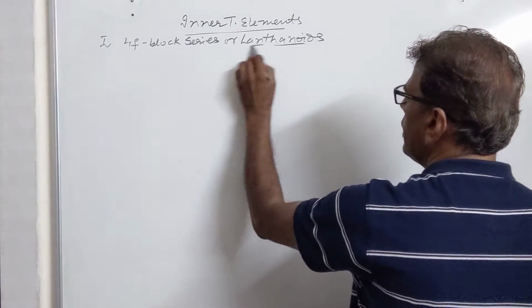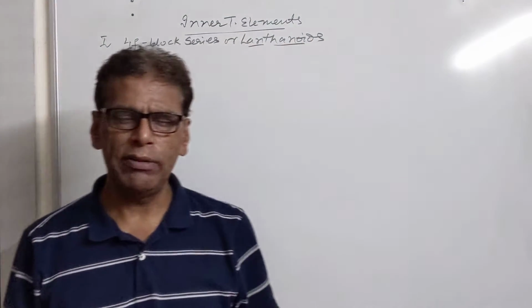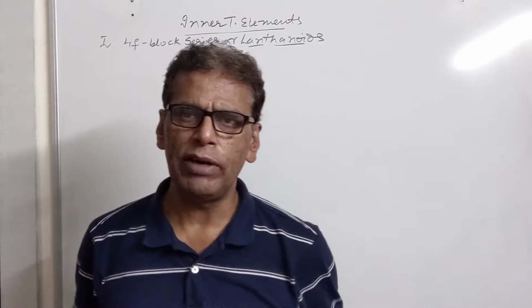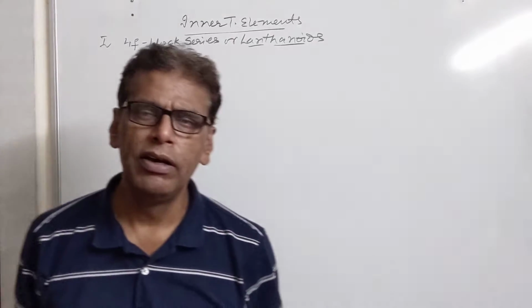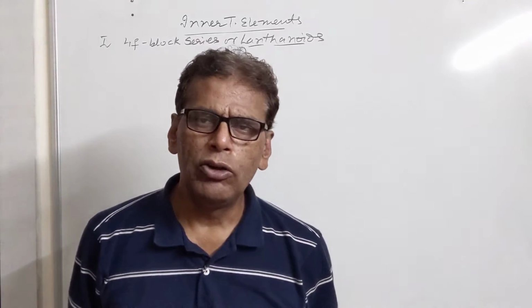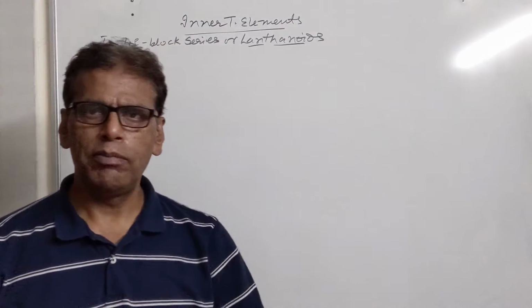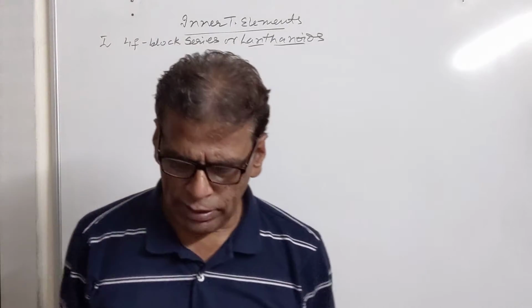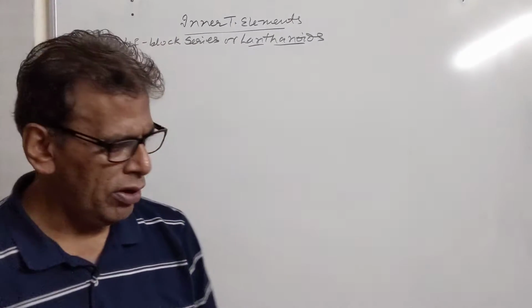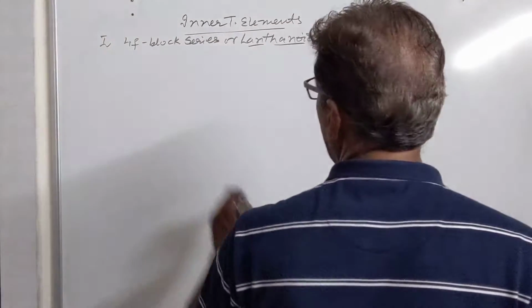Why are they called lanthanides? Since they follow lanthanum, and in these elements the n-2f, that is the 4f subshell, is progressively filled. The actual position of these elements was in the 6th period. To avoid the expansion of the periodic table, they have been placed at the bottom of the periodic table. Now let us first of all write the electronic configuration of all these elements.